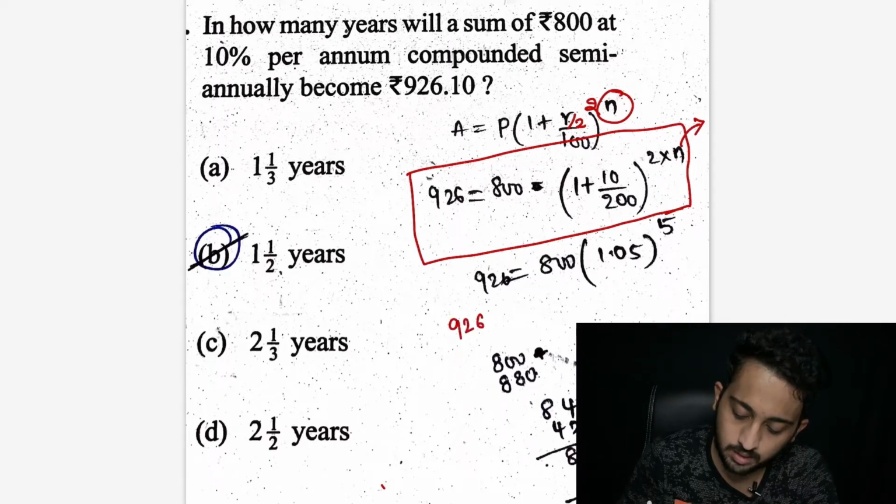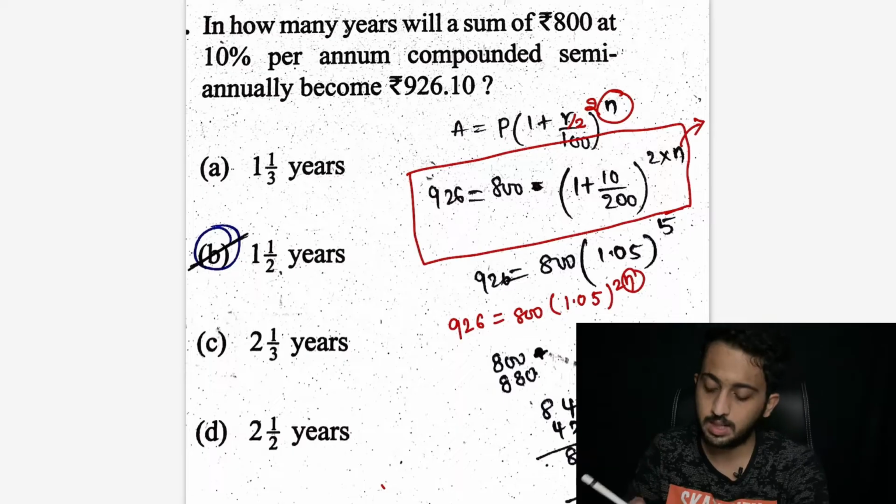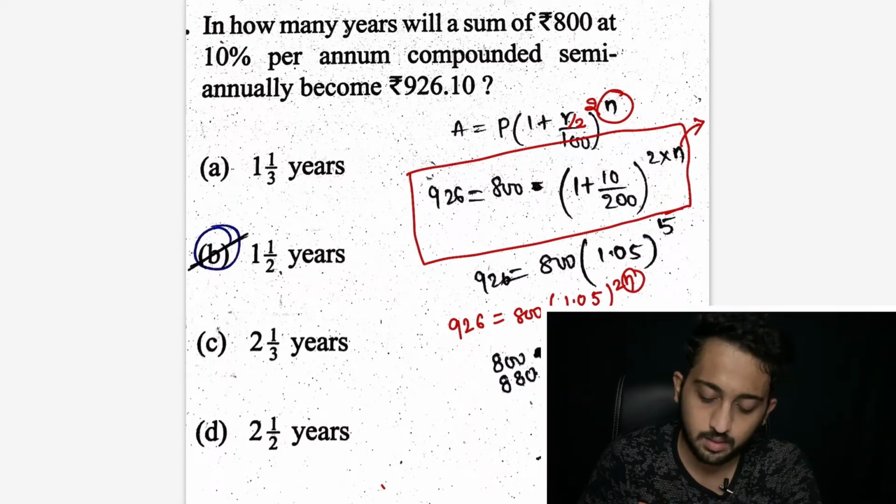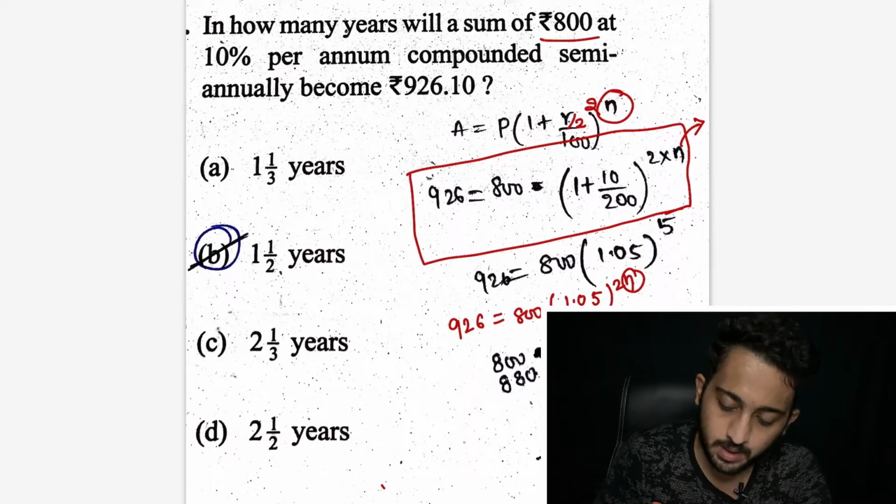That means 926 equals to 800 into 1.05 all power 2n. We have to find this n value, which is really hard because we are not allowed to bring calculators to the exam hall. So let's see, is there any other method available? Since the principal amount is 800,